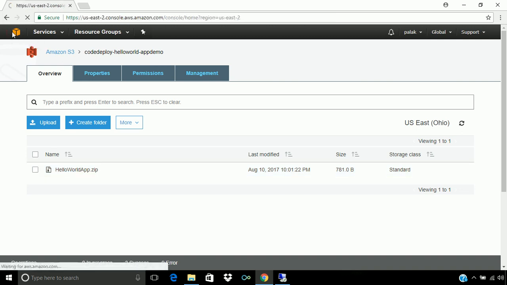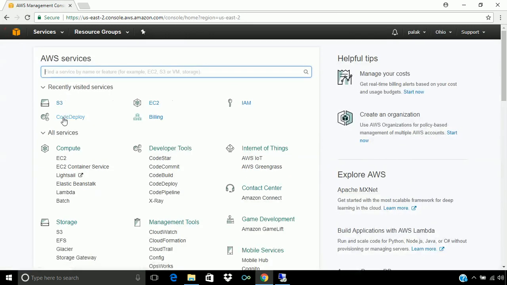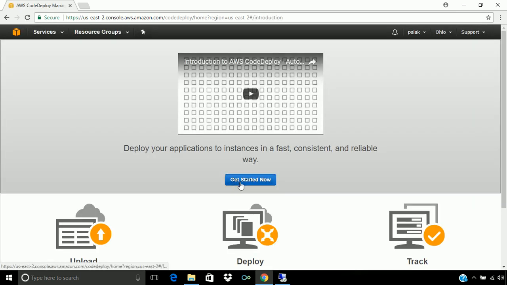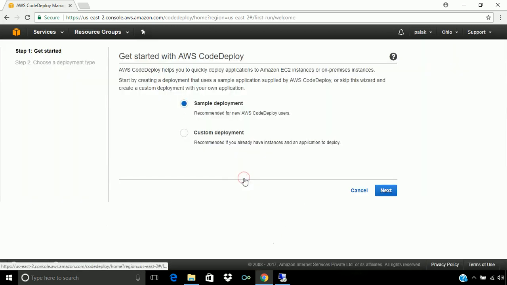So let's go to the code deploy console. Here first we will create an application. Now we don't have any application created, so it is on the get started page. So let's get started with this. We are going for the custom deployment, because we are not preparing a simple deployment.